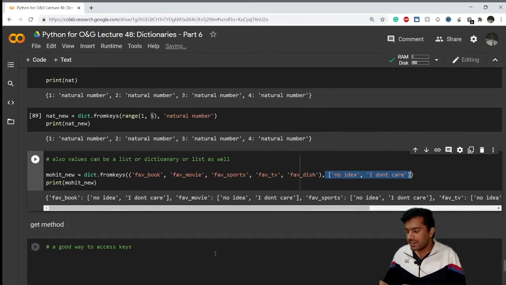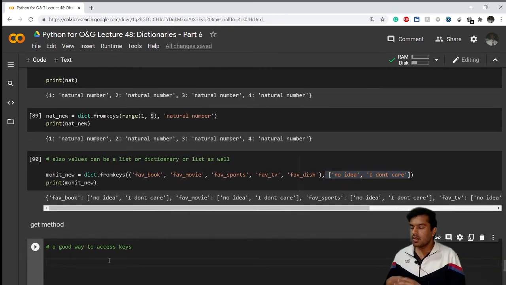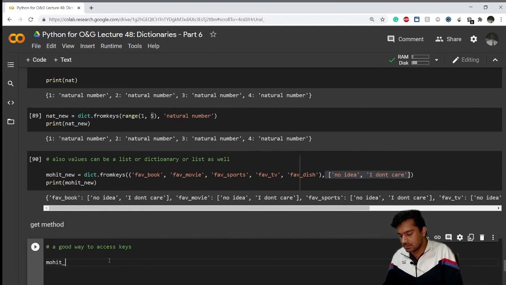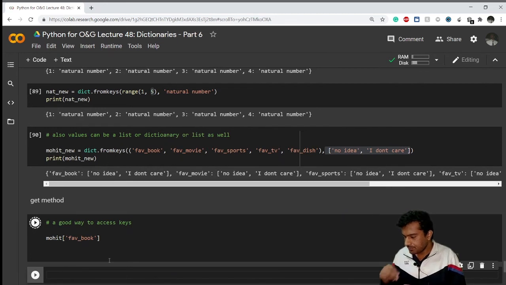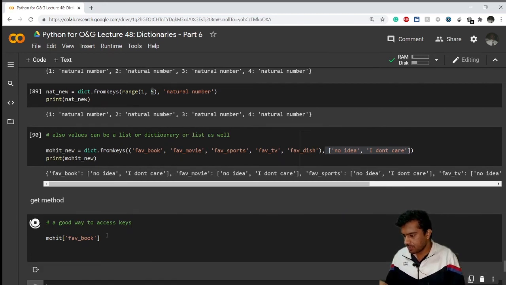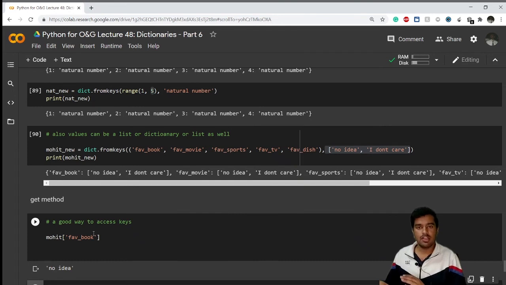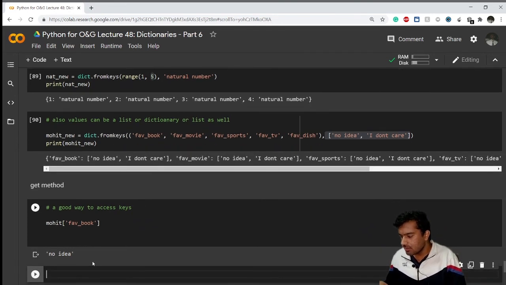Now let us see what the get method can do for us. We know how to access the data in our dictionaries using keys. For example, I want to access Mohit new, and I want to access the key favorite book. Great, it will give me the value. My value is no idea, right? But let's say if I go for Mohit and I search for favorite